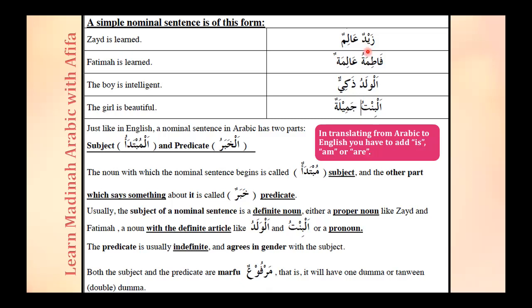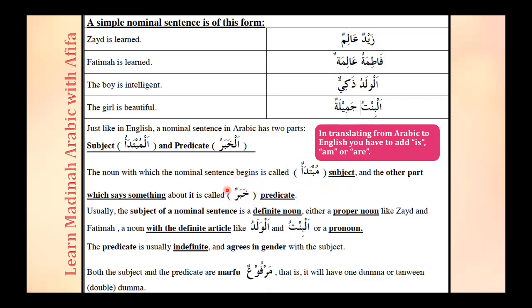Zayedun is the subject. So what do you say that in Arabic for subject? It is called mubtada'un. Mubtada'un is the subject. I would advise you to please learn this terminology. This is important because we will be using this terminology a lot. So please learn the subject in Arabic is mubtada'un, and the predicate, this should be easy for you if you